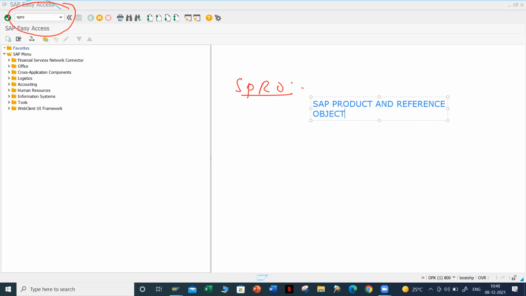You should know each and every point. This is my idea, so that you will get to know SAP Product Reference Object. That is SPRO. Once you give this transaction code,